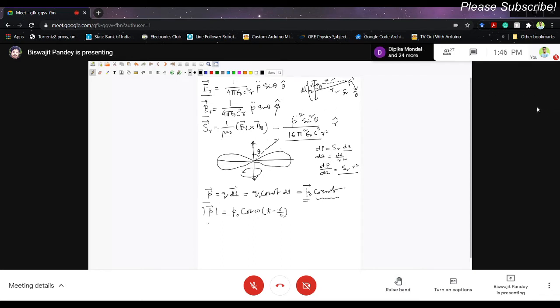And if I take p double dot of this quantity, when this is basically p, if I don't put a vector here, this is a p arrow, the mod of that p. So p double dot is simply given by that.